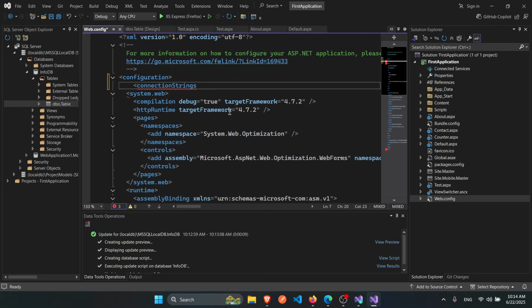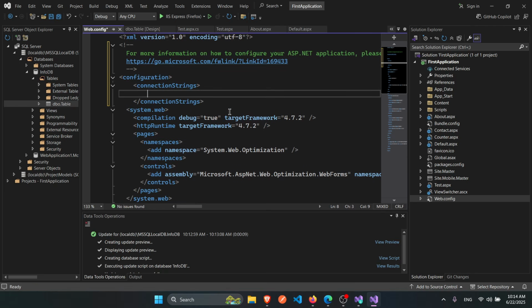Okay, and I'll just close it. So inside connectionStrings, we can just do an add, and name of that connection string to be, let's say, like mydb. So this is our db,